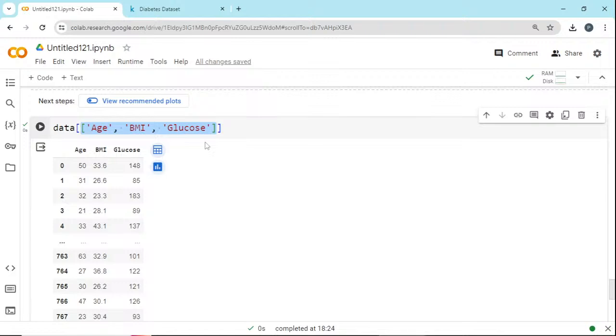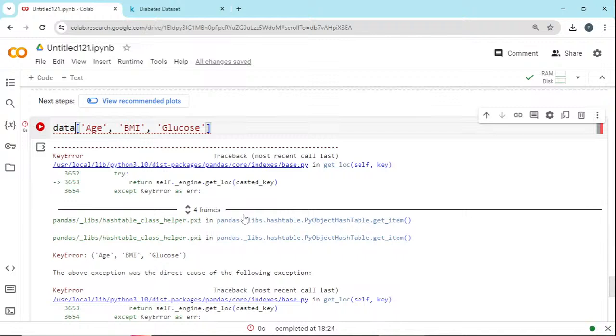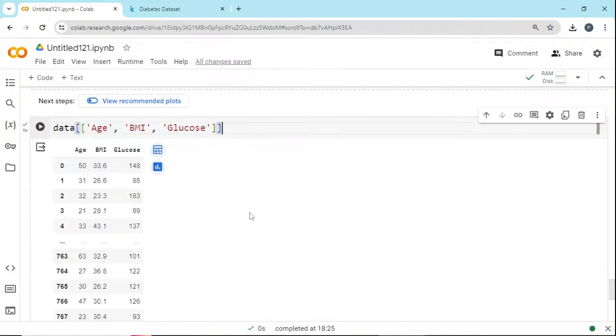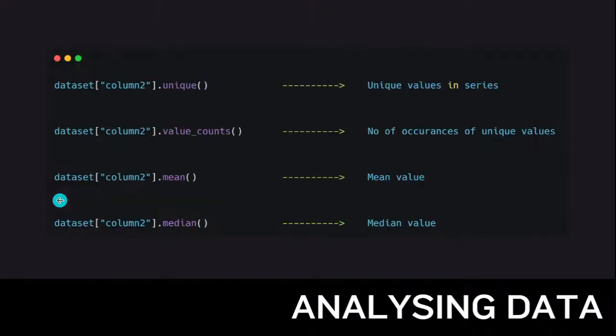Got it? And if you go with a single column, I hope it won't work. You get an error. If you pass it like this, you will get the result which you are expecting. Fine. So now as we have learned how to select single and multiple columns, if you select a single column